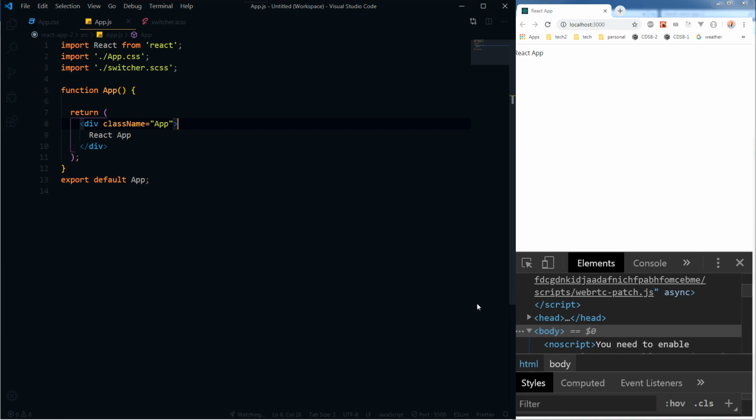This app will persist its state and it will persist its selected theme even when you reload the page or browse to a different page. We will make use of CSS classes, switching, React state and local storage. Let's start. I've got this app and it has got import React from React, and it is importing a CSS